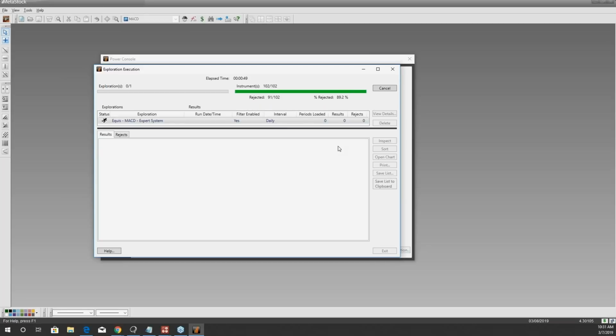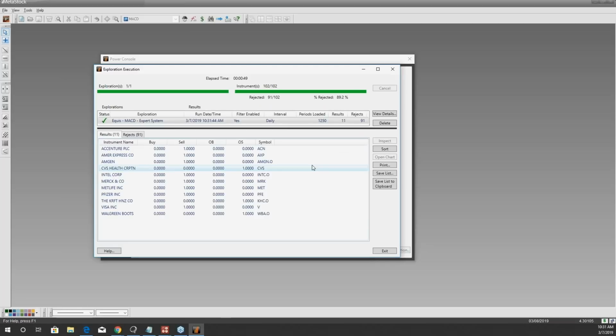There it goes. Okay. So we actually got quite a few signals here. And this is good, and sometimes you'll get 2 signals. Other days you'll get 40 signals. You can get a lot, but I'll show you how to continue using the tools in MetaStock to really zone in on that one trade that looks the best here. So as you can see, we have 2 columns here right away, buy and sell. Really, today was a selling day. The MACDs look like they're giving us nothing but sells here.